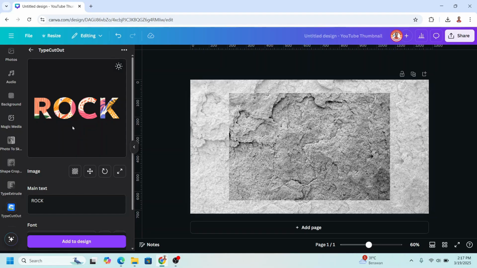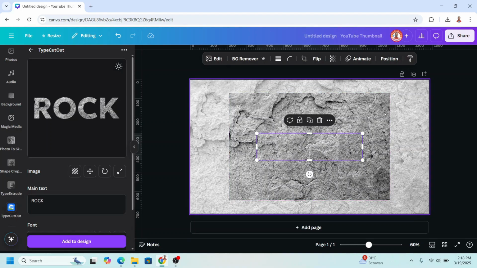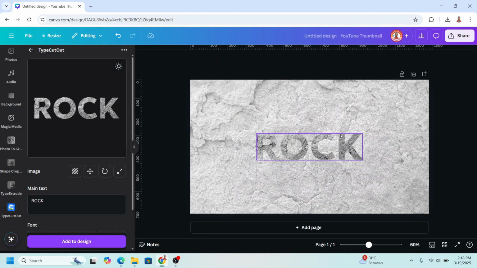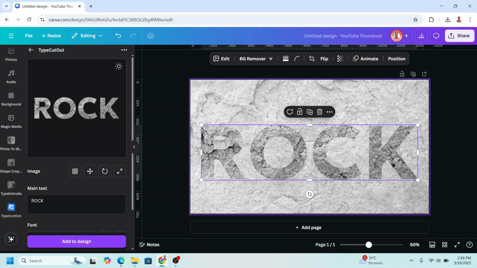To change the texture of this text, just click on this photo and then click here and click use selected image. So now you have the rock texture text, and then add to design and then remove the original photo. Now increase the size and then go to edit